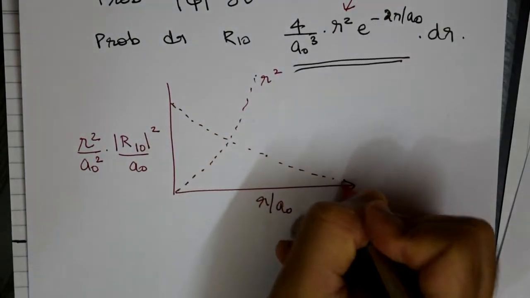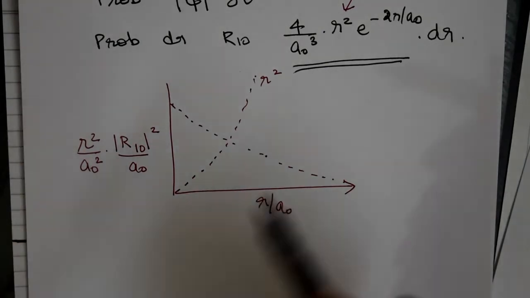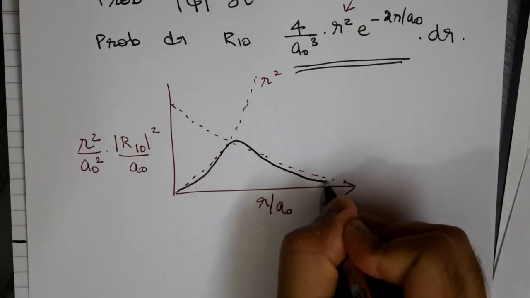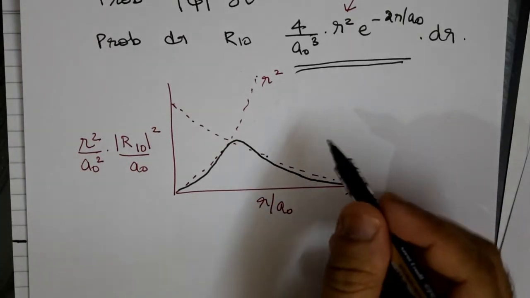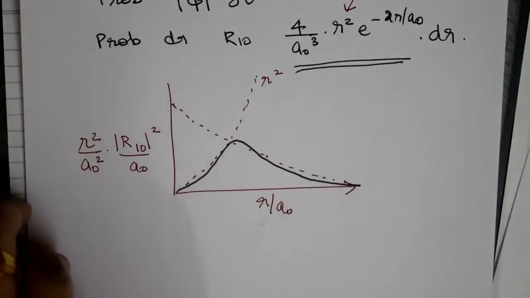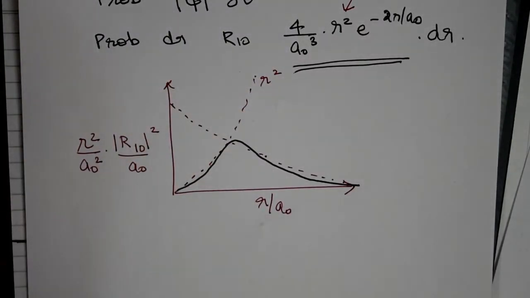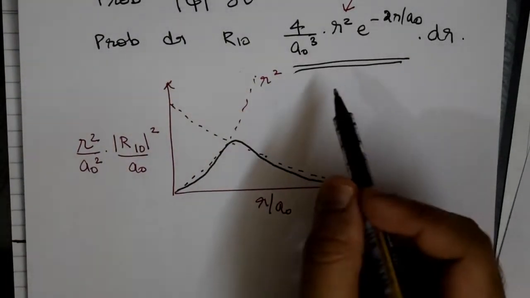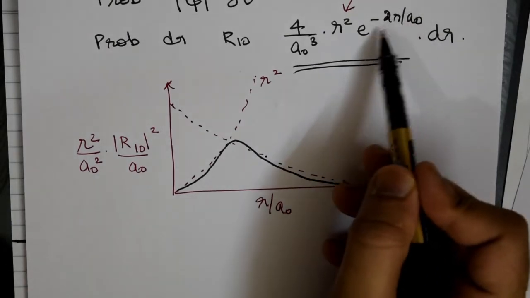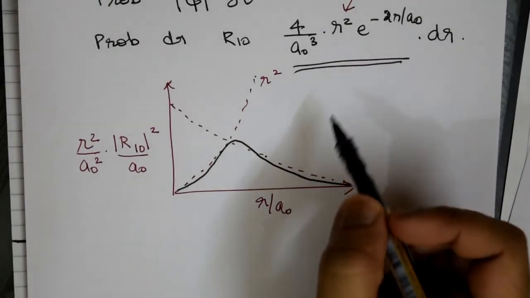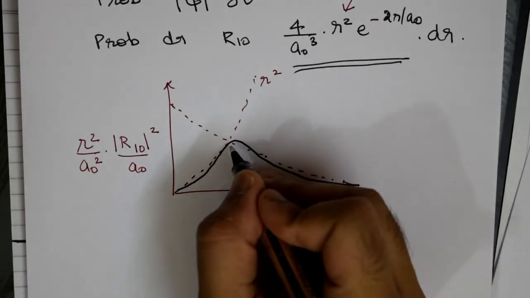So what will this result in? You are going to get a function that looks a little asymmetric, something like this. This is not a Gaussian function, although my drawing might indicate that, but in reality it's an asymmetric function. It's very similar to the Maxwell-Boltzmann, but Maxwell-Boltzmann has an r square there, minus r square there. We have a minus r only term that is present. So one is able to realize there is a maxima that ends up coming.